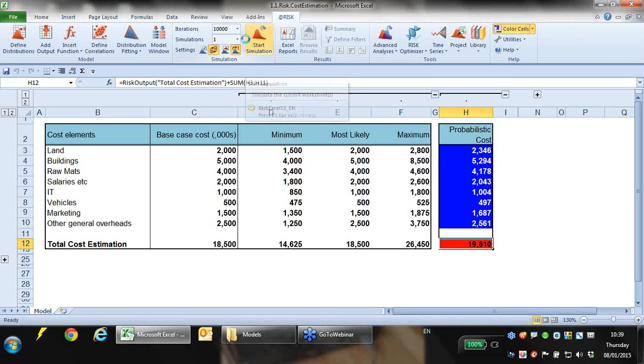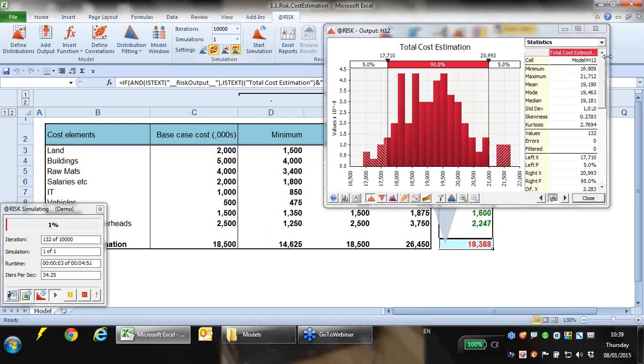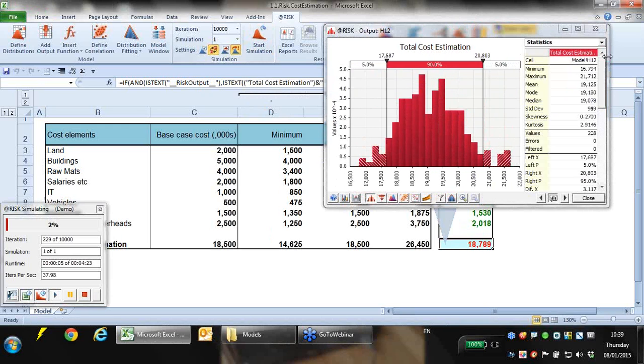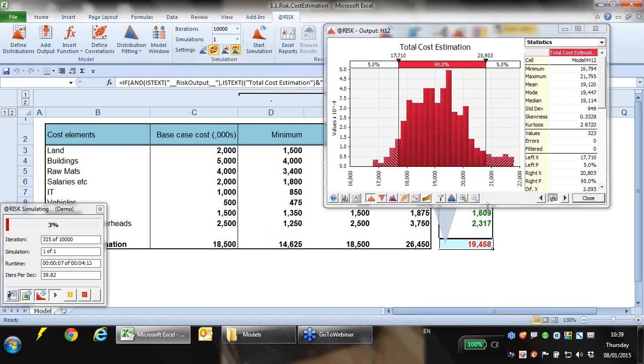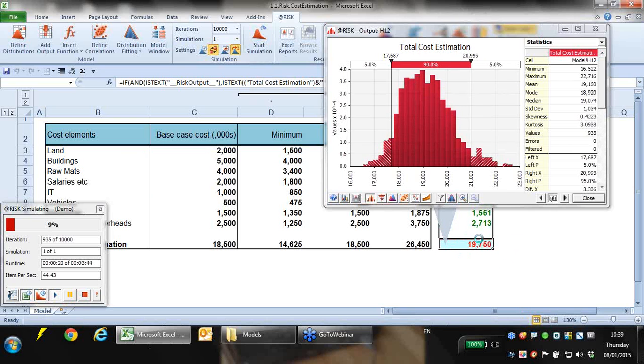So if I click Start Simulation, this is in demonstration mode, so it's running pretty slowly. I like to show it in demo mode at first, because what you can hopefully see in the background is those samples are being generated. So the samples are being taken from each of these probability distributions. They're being put back into Excel. The sum function in Excel is then giving us this value here, and that value there is then driving this histogram. So if I just speed it up,